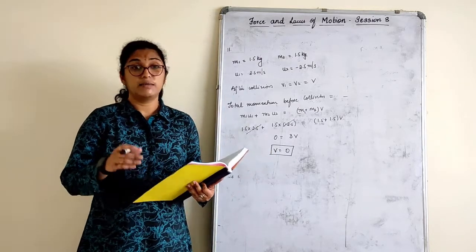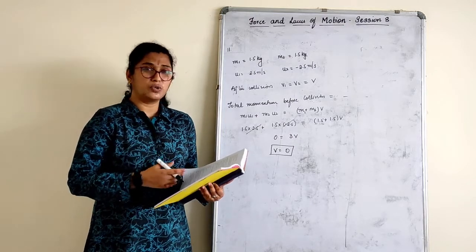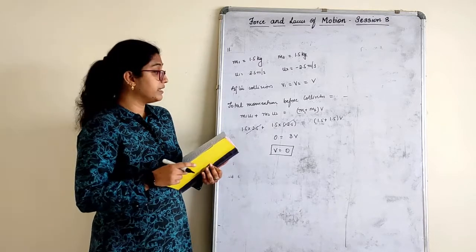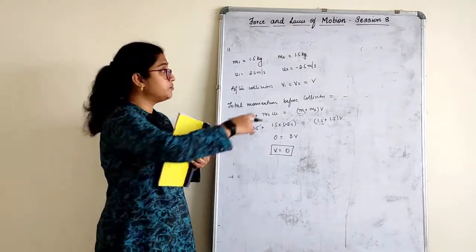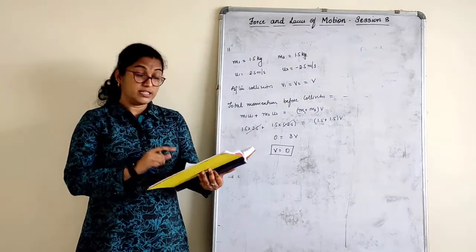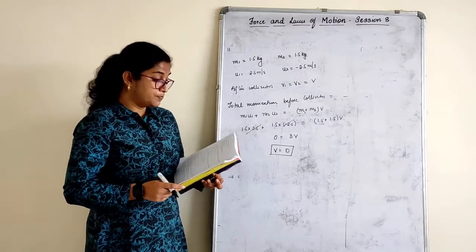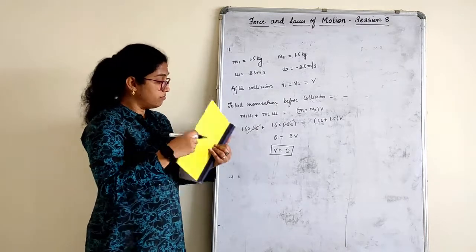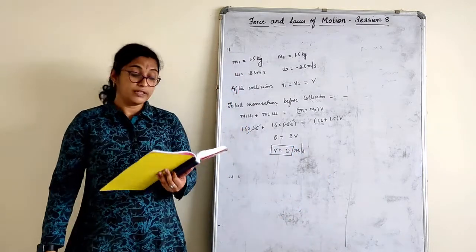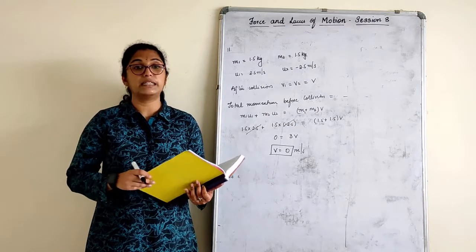Why? Because they are moving in the opposite direction. First of all, they have given that one condition, so it is understood. Such questions can also be asked in 1 mark MCQs, children. So you have to be very careful in understanding the question. If you miss writing this minus 2.5 here, the sum is wrong. The hint is here, in the opposite direction. That is more important to know. If you want units also, write them. So with this we end today's session. The remaining few sums we will complete in the next session.